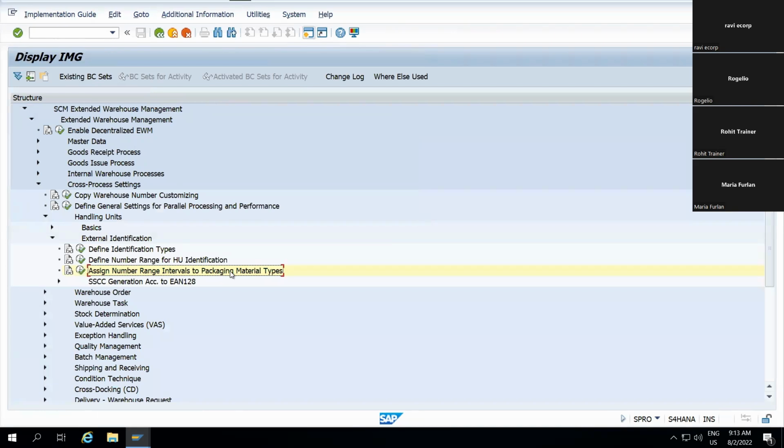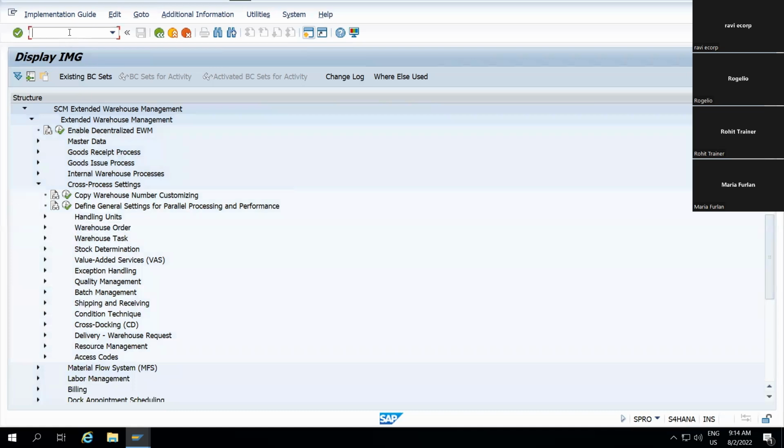This setting is based on your packaging material type. You can also create your own number ranges, but the same setting should also be done in S4 as well. Here I'm just keeping it generic. I'm only using one number range for all the packaging material types, but I'm differentiating based on the system, whether it is S4 or EW. So packaging material type has the number range assigned. And for this, I think we are ready. Now, what we'll do is we'll try to